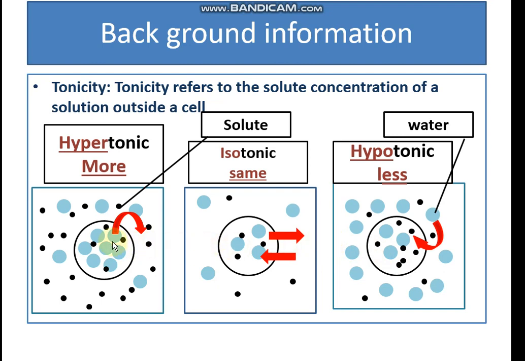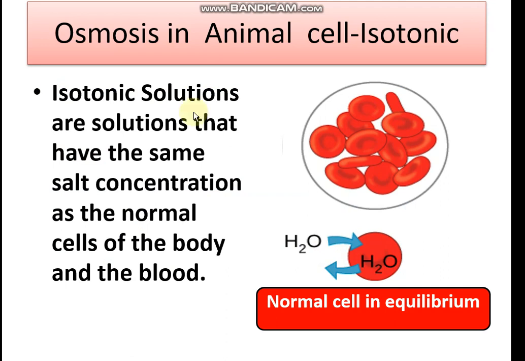So here you can see that there is higher water potential inside the cell in case of a hypertonic solution. So water will move outside the cell by the process of osmosis. In case of an isotonic solution, the amount of water entering and leaving the cell is the same, so there is equilibrium. While in case of hypotonic conditions, there is higher water potential in the solution, so water will move into the cell by the process of osmosis. Now, here we will see how osmosis will affect animal cells.